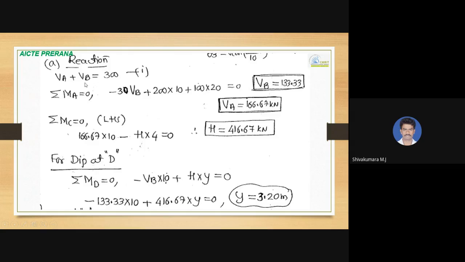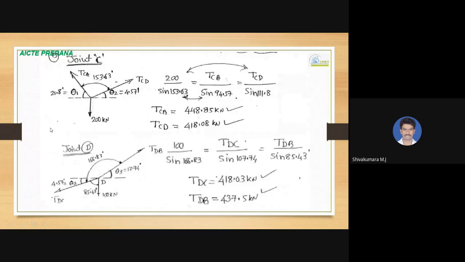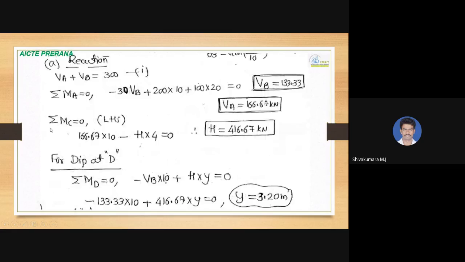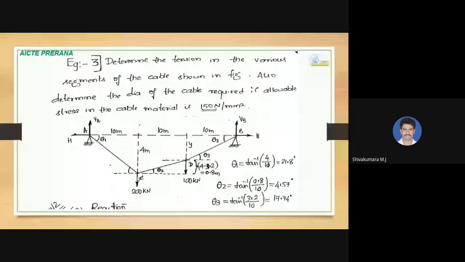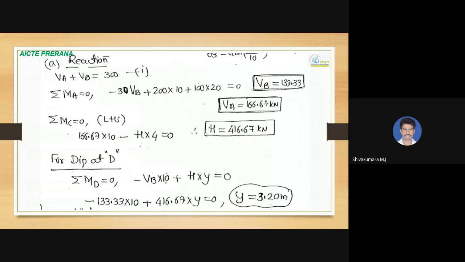Substitute this value over here, you will get VA value as 166.67 kilonewton. So vertical reactions are done. Horizontal reaction we need to calculate. Take moment about C equal to 0. If you take moment about C, any one side you take, that is VA into 10 clockwise positive, H into 4 anti-clockwise negative. So substitute the value of VA, so that value of H we will get,